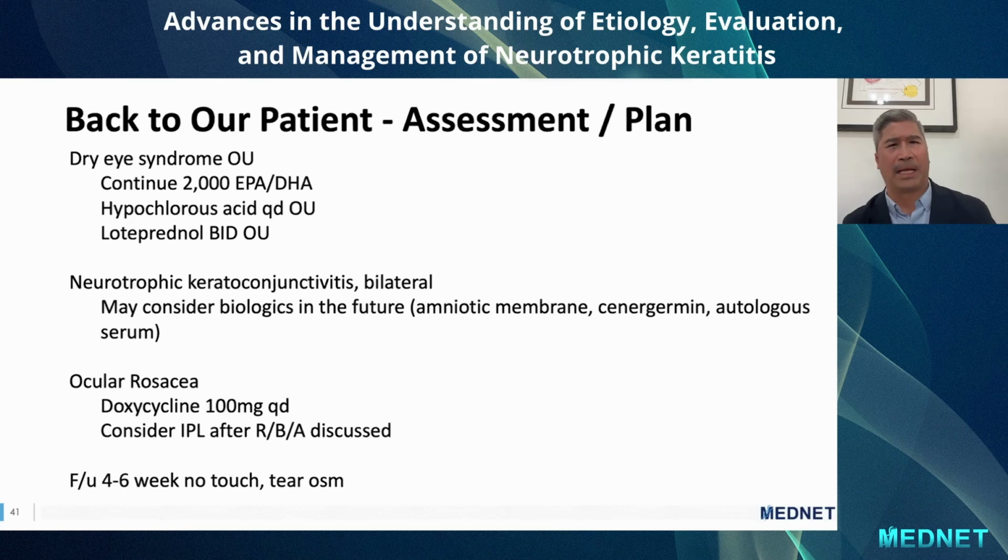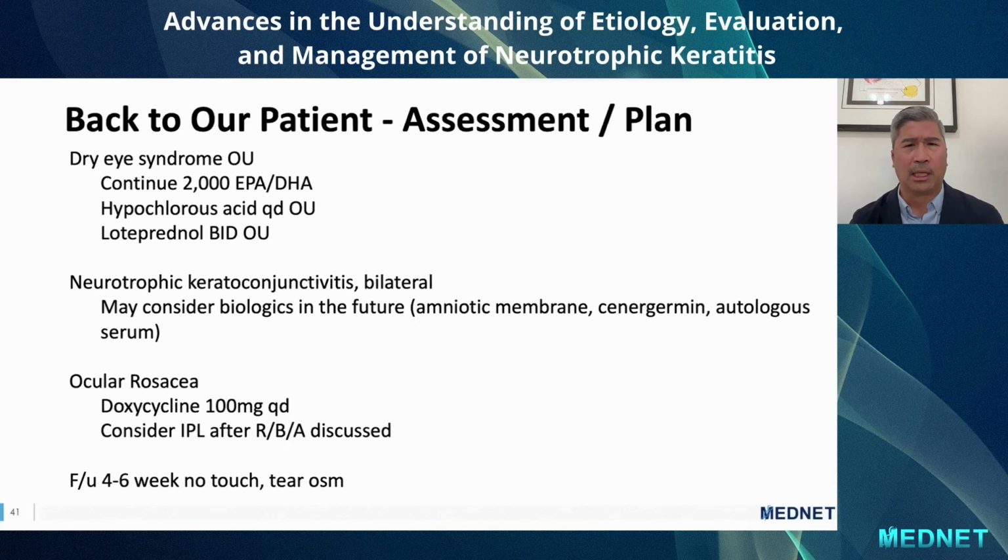And so going back to our patient, what I did, they did have hyperosmolarity. They had inflammation on the MMP9 test. And so I had them continue their omegas and start hypochlorous acid. We know it's an antimicrobial, so try to keep the bacterial load down. Put the patient on loteprednol twice a day. And this was the on-label version, but